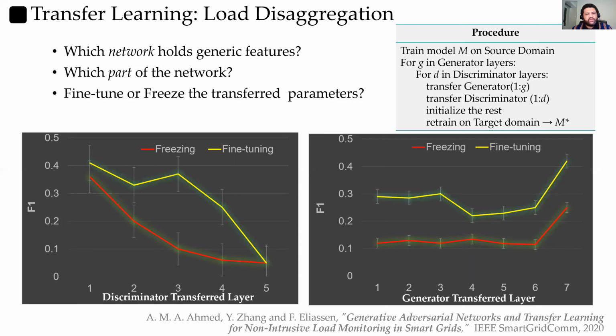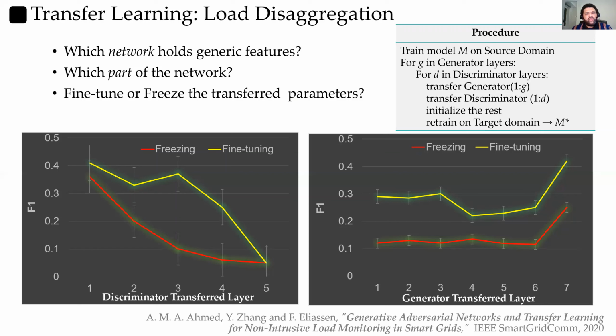When fine-tuning, the plots are shifted to higher performance values, as on those yellow plots, but still following the same trend. I mean, we can still say that the more layers we transfer from the discriminator, the lower the performance will be.